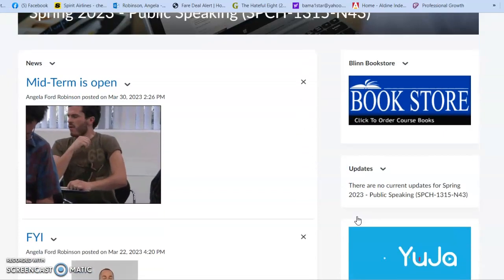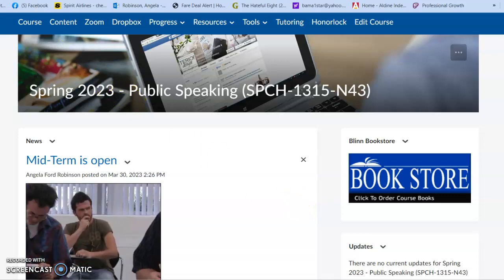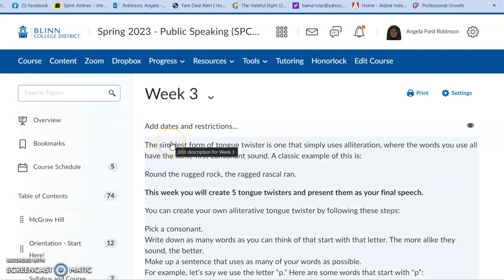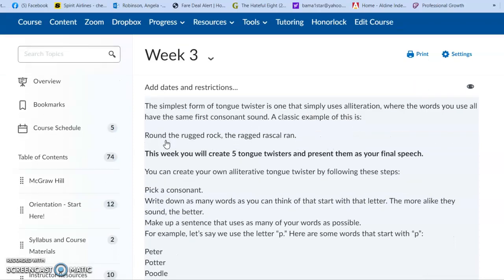you through this because I'm getting some of the same questions over and over again. So let me walk you through by saying that we are on week 3 right now. And in week 3, this is our demonstration speech, but instead of doing a demonstration speech in the formal or the traditional sense, you're going to do tongue twisters for me. The purpose of doing the tongue twisters is so that you help work on your alliteration, enunciation, and articulation of